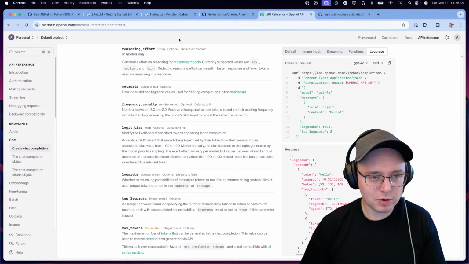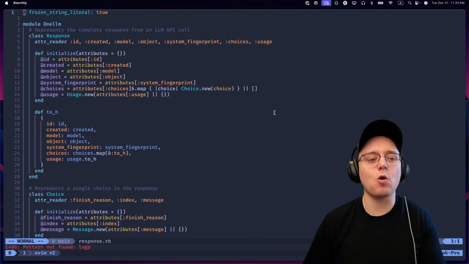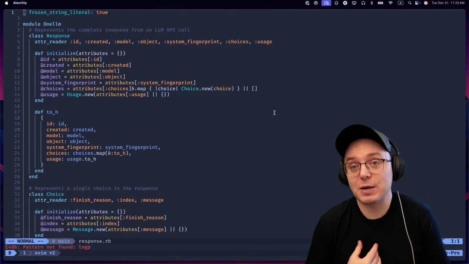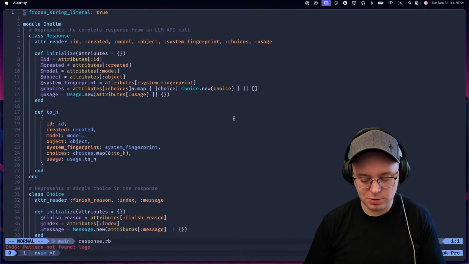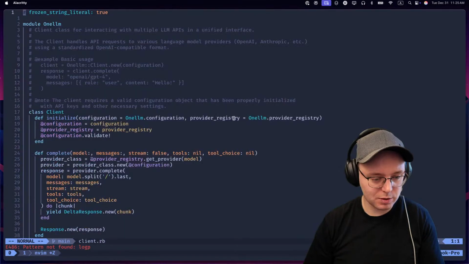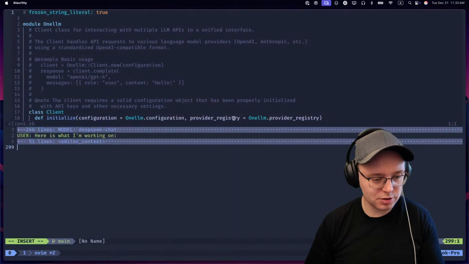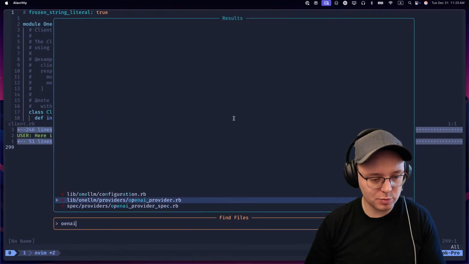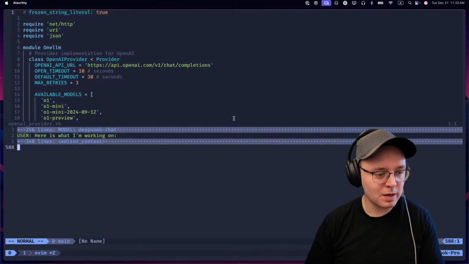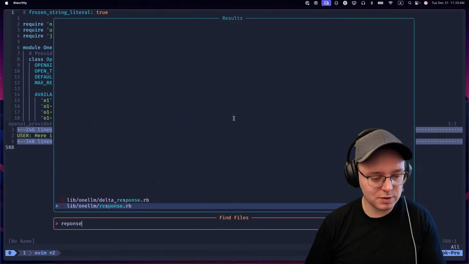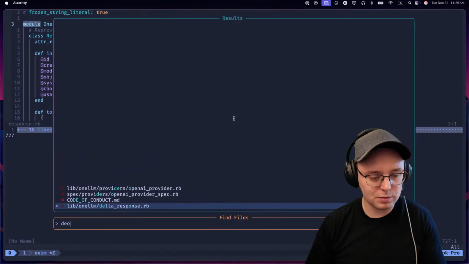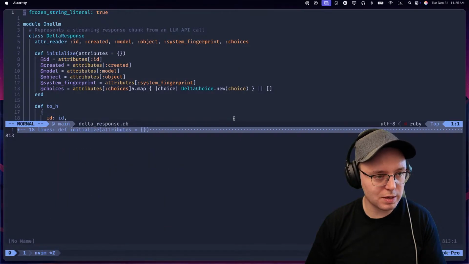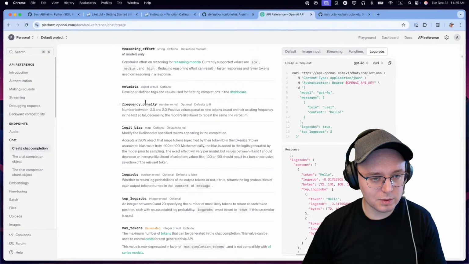To be honest, I think I can add it now. Why wouldn't I? Right. So for the client, I'm going to go to the client. We're going to start the chat with the client, and then we're going to go with the OpenAI provider. We're going to add it here, and then we're going to go to the response, and I'm going to add it here, and then we're going to go to Delta, and we're going to add it here, and now we're going to say